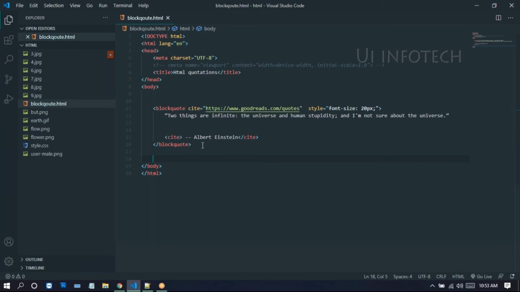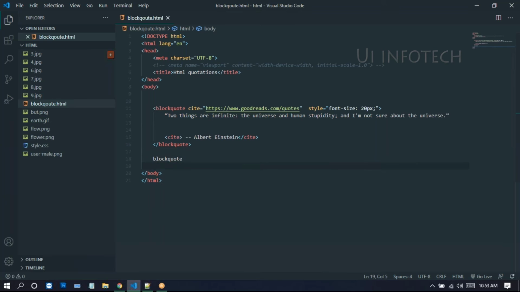Not only this one, we can also write inside of this block quote. Look at this here. We just write manually with these quotation marks. If you want to use this quotation mark as a tag, we can use a Q tag here. I'll show. So here I'm just typing.